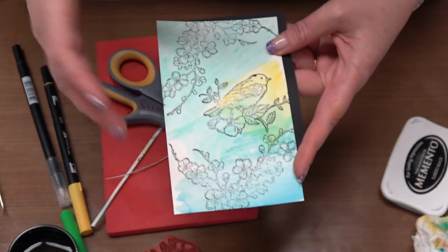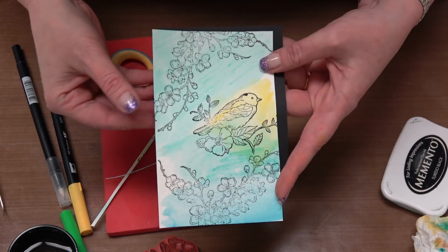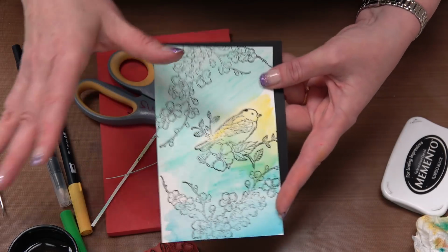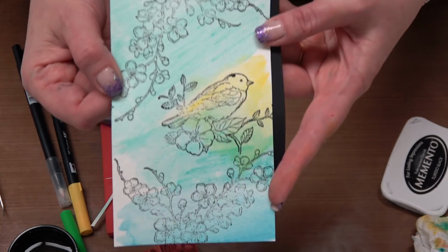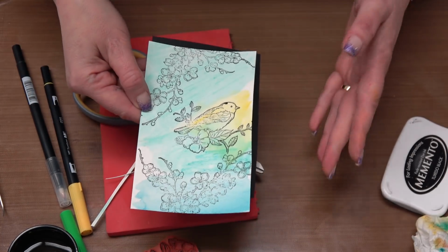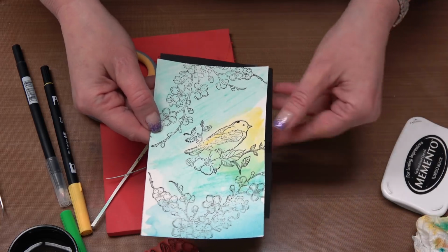Truly, there's no mistakes, there's no wrong, there's no, oh, I don't like that. Finish it. Give it the opportunity to be what it can be. If you make a background and you're not thrilled with it, finish it, stamp on it, do something with it,